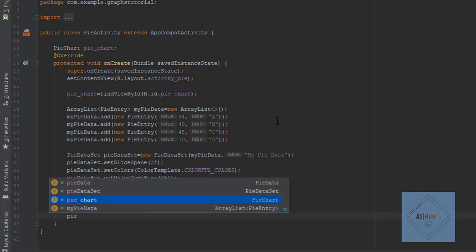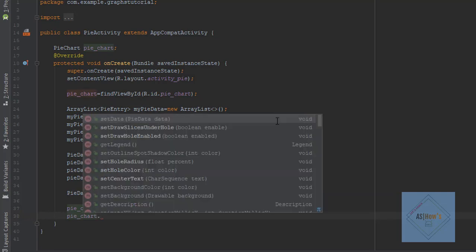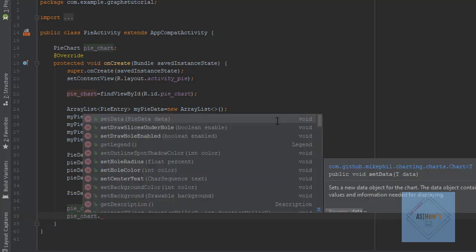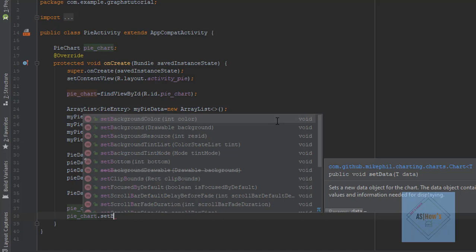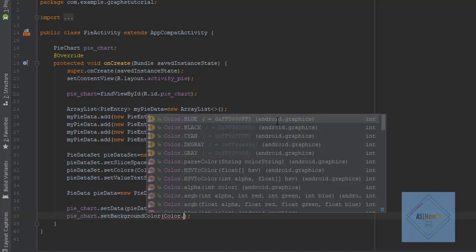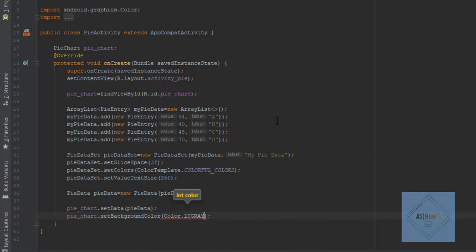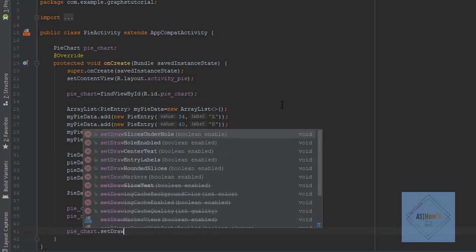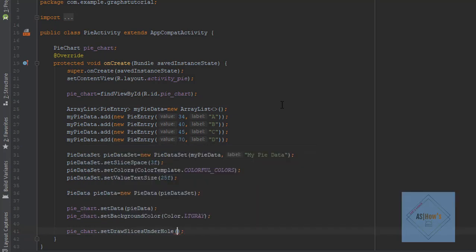Further I will set the background color to light gray, so I will write here pie_chart.setBackgroundColor, and here I will write Color.LTGRAY. Next I will write here pie_chart.setDrawSliceText, and I will write here false.